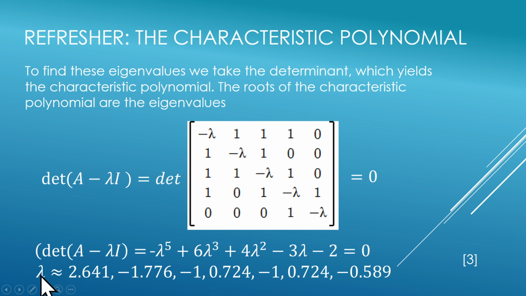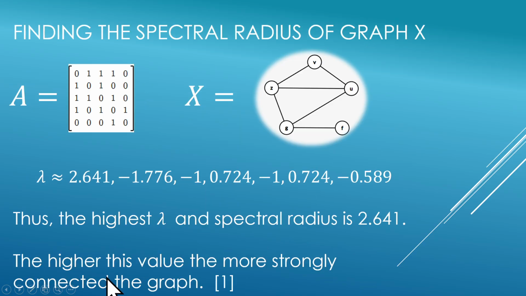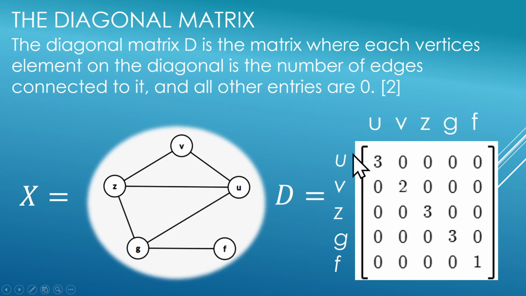And so we have here what we call the spectrum of lambda, which is your different eigenvalues. Your highest one here is 2.641. And since the highest lambda is the spectral radius, it's 2.641. The higher that is, the more strongly your graph will be connected. As we are trying to look ahead, we'll be talking about the Laplacian matrix, but first we have to